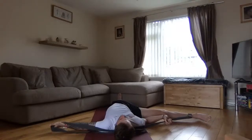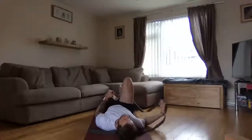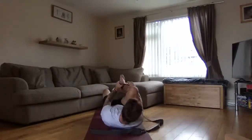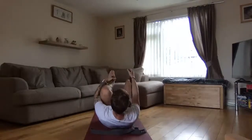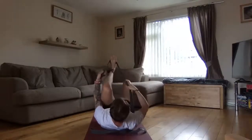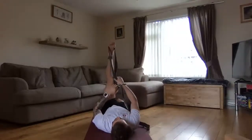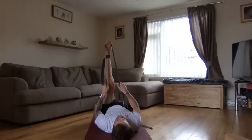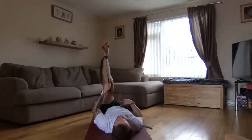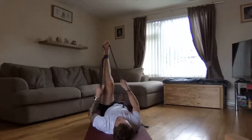Brilliant job. So from there, gently relaxing, okay? You're going to take the strap off, put it on the opposite leg, go straight into that opposite exercise where you're hooking the ball of your foot on there. Take it out nice and tall again. Drawing up as much as you can. Again, making sure your opposite leg is straight with the feet facing upwards, the knee facing upwards,